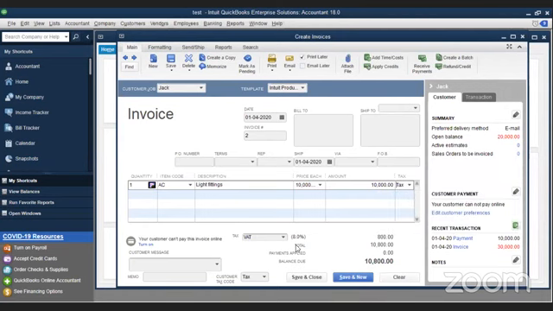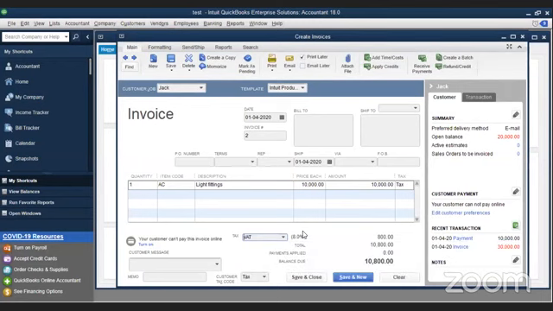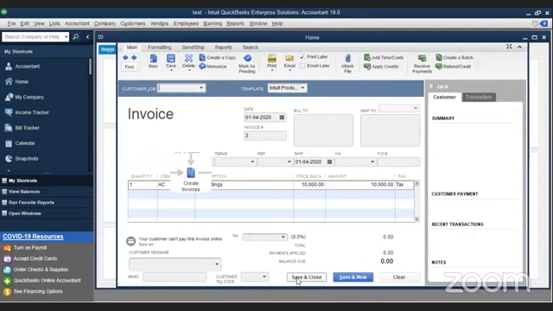Now, yet again, there's another option. I told you there can be several sales taxes. Now in Sri Lanka, we have only one at the moment. If you have 2 or 3, you can simply go and create another VAT item. We'll say VAT is around 15%. So you can always create 15% and change the rate. It will automatically get recorded. You don't have to worry about it. So now it says 10,800. You just save and close.